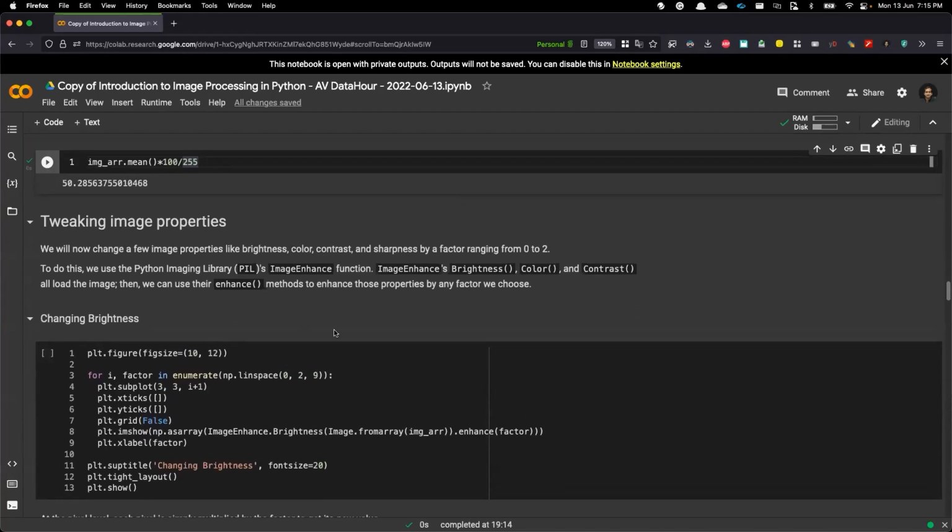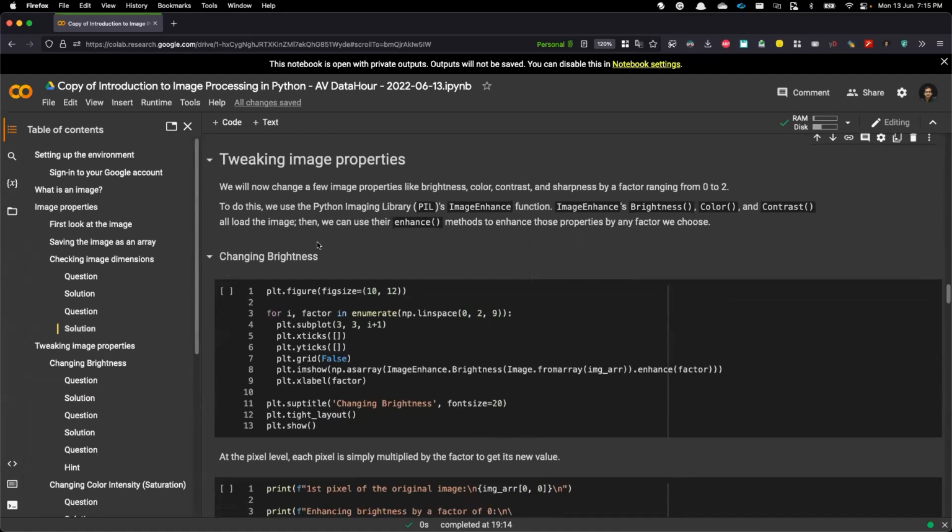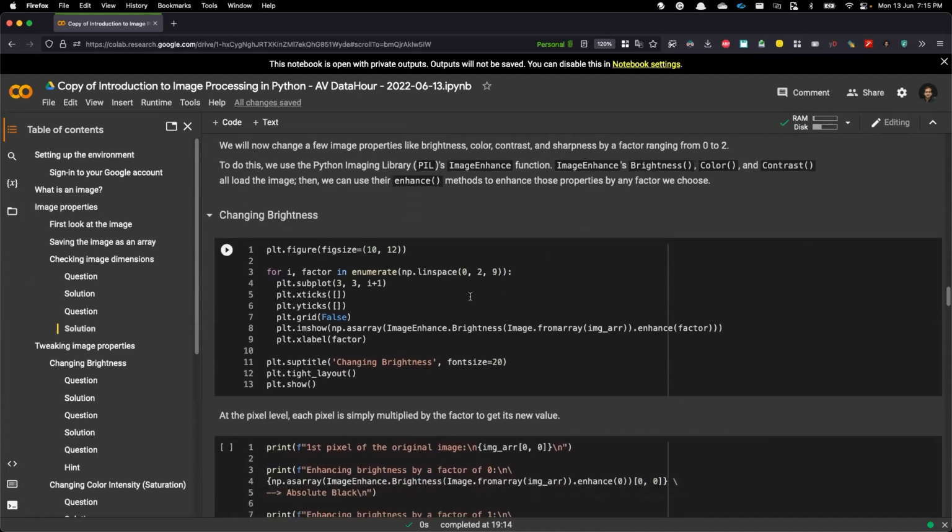Okay, so now let's come to the core of the workshop, which is tweaking the image properties. What we will do now is change a few of the image properties, like brightness, color, contrast, and sharpness by a factor ranging from 0 to 2. So we will use the Python Imaging Library's built-in functions, which are brightness, color, and contrast. All of them will load the image, and then we use the enhance method of that function to enhance those properties by a factor which we choose. So first, let's start with brightness. If you execute this cell,